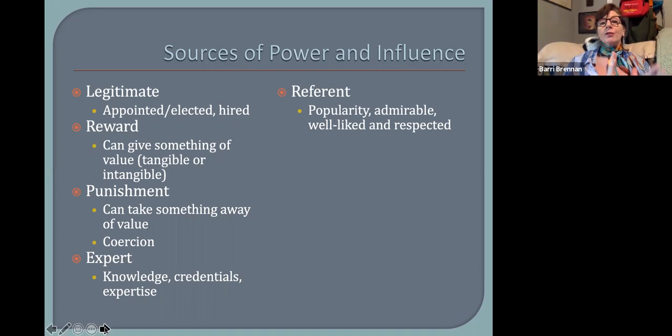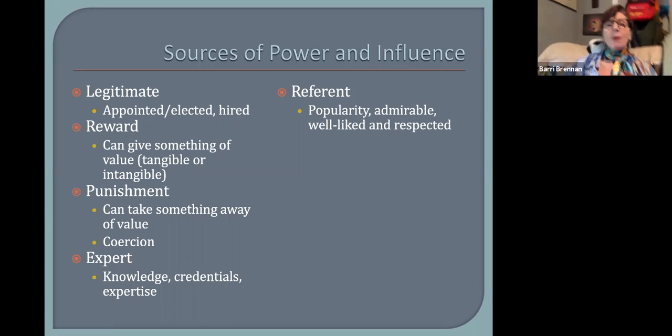And let me also say that a leader can have more than one source of power and influence, right? So if we look at the President of the United States, he has legitimate power. He has reward power and punishment power. He also has expert power, right? And in some cases, he has referent power. A president, if they're popular and admired by people, has referent power. And referent power is something,